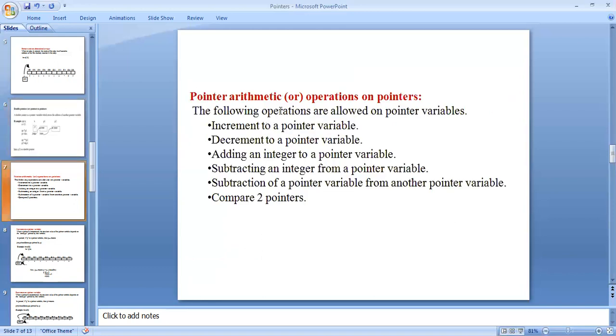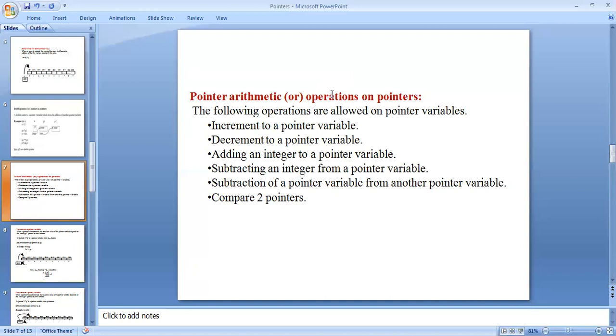Pointer arithmetic is operations on pointers. Pointer arithmetic is also called operations on pointers. The following operations are allowed on pointer variables. It means we are using different types of arithmetic operations that are allowed on pointer variables.